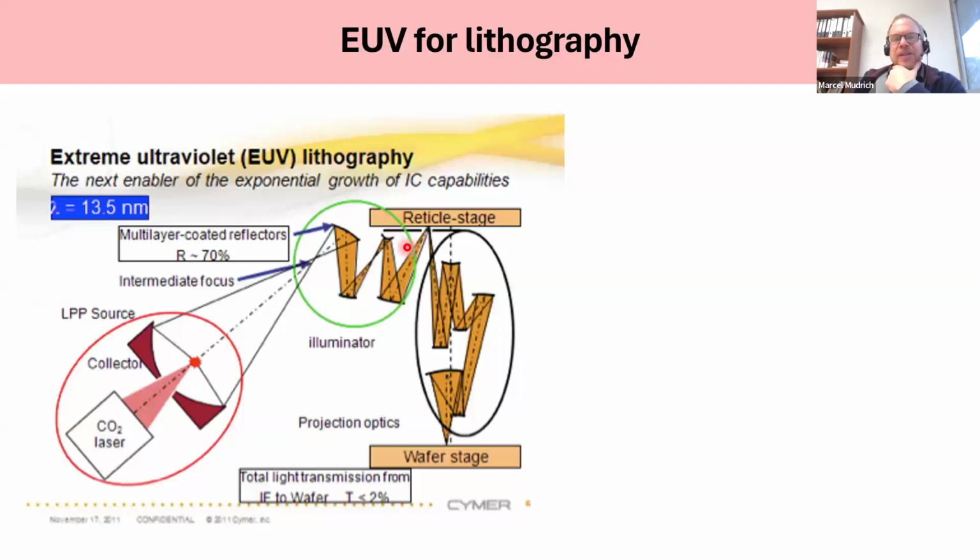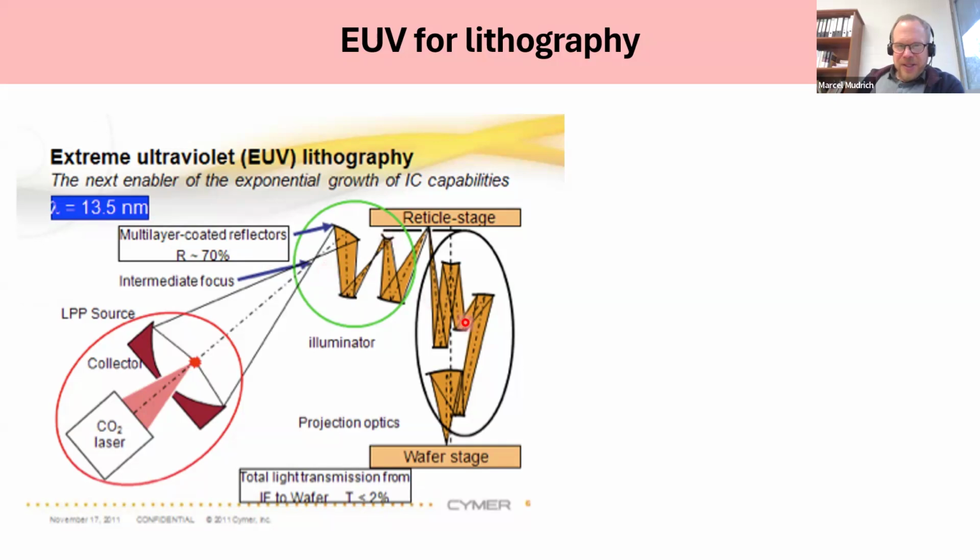So we rely on reflective optics because there are no lenses, no dispersive optics available in the EUV range at these short wavelengths. So we rely on mirrors that have a decent reflectivity in the EUV photon energy range. And the only mirrors we just talked about are these multi-layer mirrors, and the best reflectivity for now is obtained for the specific wavelength of 13.5 nanometers, where the reflectivity is in the range of 70% on every mirror, which